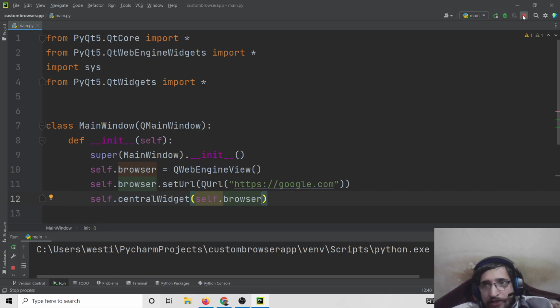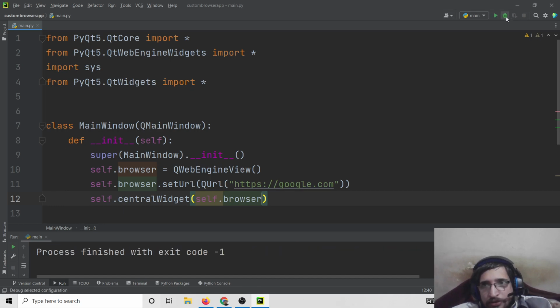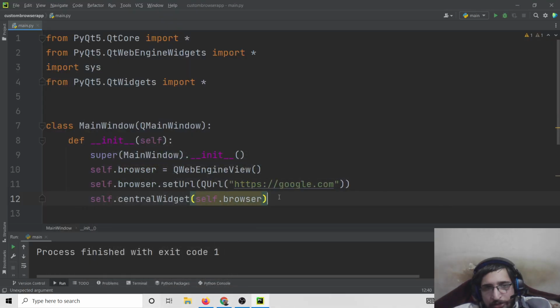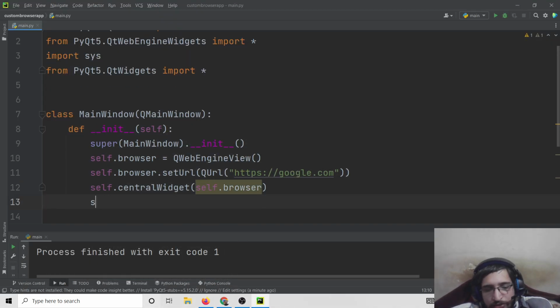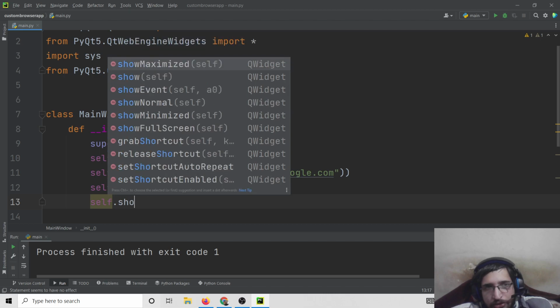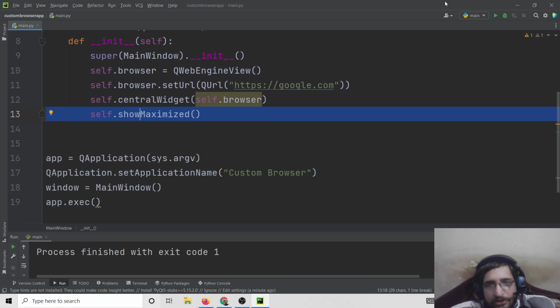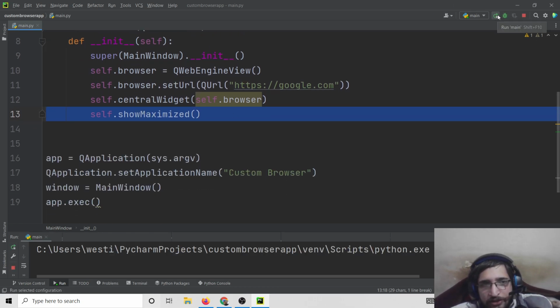And now once again if you run this, it will not show it because we haven't shown it on the screen. So now to show it, there is a method out there which is showMaximized. So self.showMaximized. This method needs to be called here. So this will show the window here on the screen. So now if you run this application,